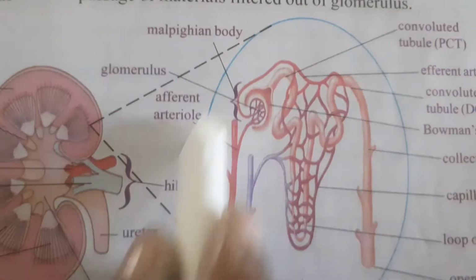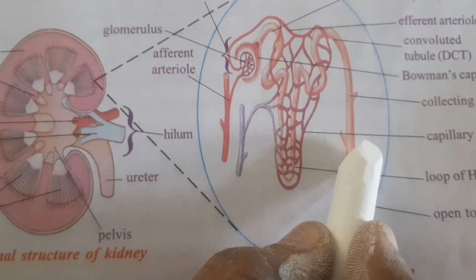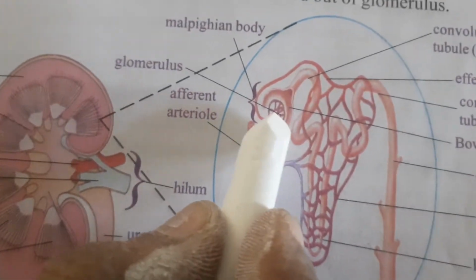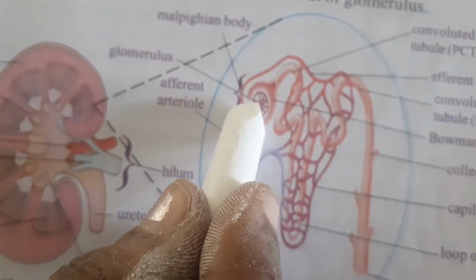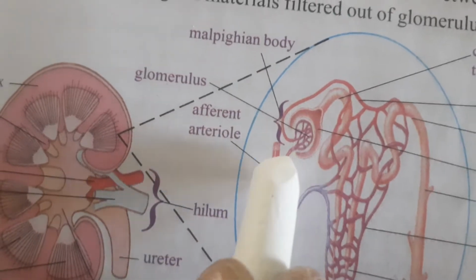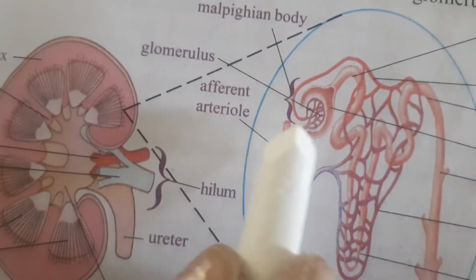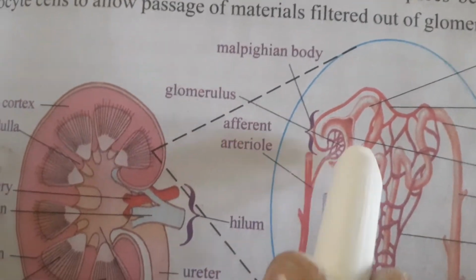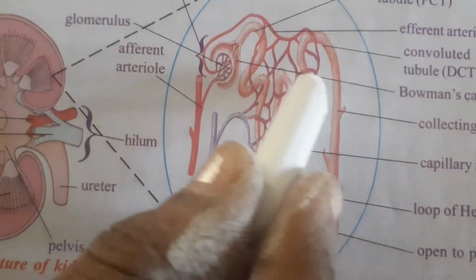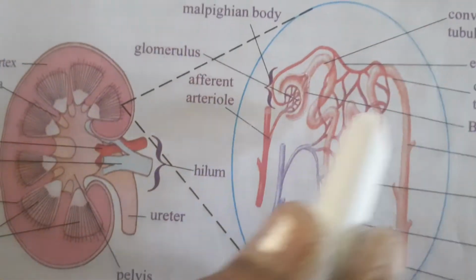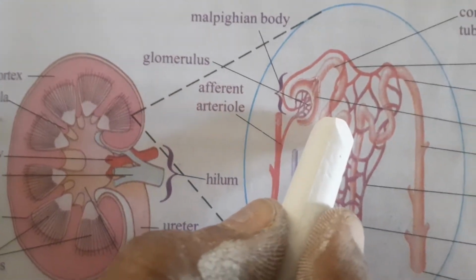Can you see here, this is the structure of the nephron, and we have studied the different regions: Malpighian body, renal tubule, collecting tubule. First see the Bowman's capsule. The blood vessels with blood capillaries present inside the cup form the glomerulus. Once the blood enters the glomerulus, it filters out the waste materials, water and other useful substances and releases them. Next you can see the tubular region. Can you see the tubular region? This tubular region is the one which helps in the reabsorption. So the first stage is filtration, the second stage is reabsorption.